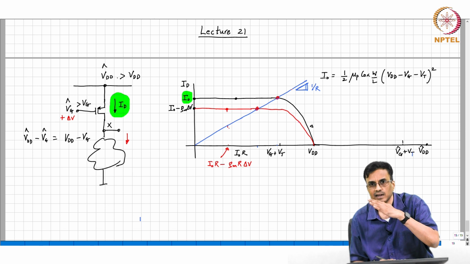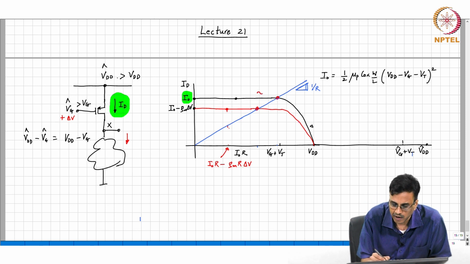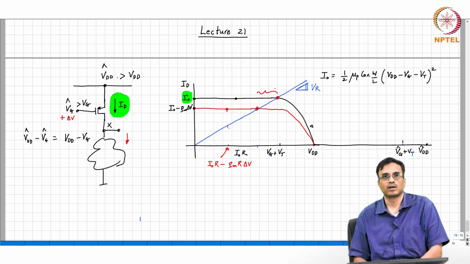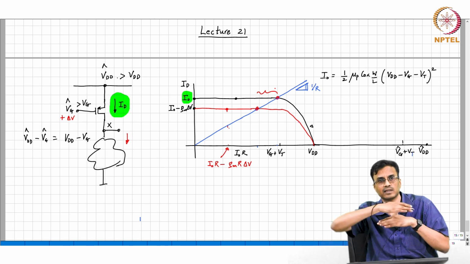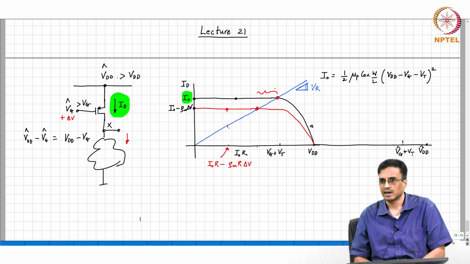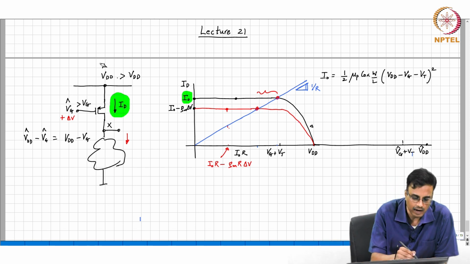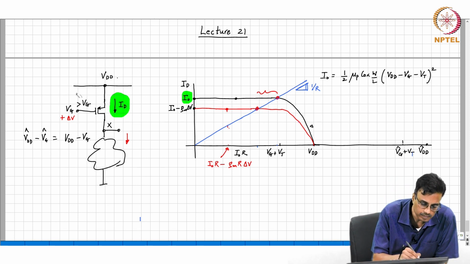So, it is the difference between the x coordinates of the points of intersection of the characteristic of the load with that of the transistor. The transistor is not changing. So, basically, and we are back with VDD,